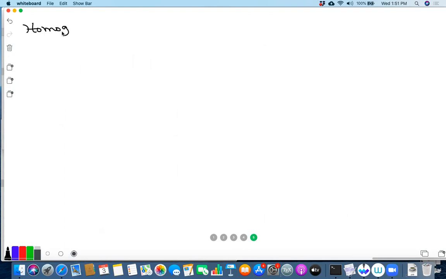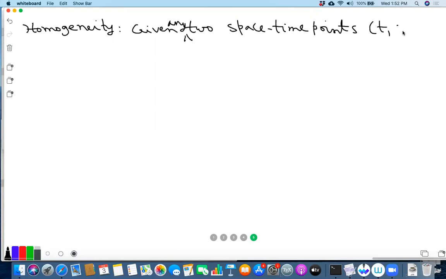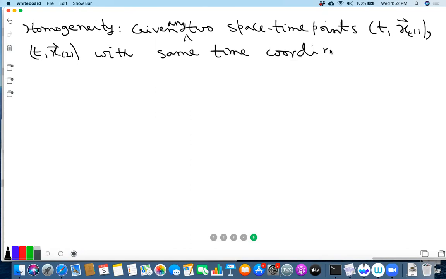So when you say that the universe is homogeneous, this means that given any two space-time points, we'll call t x1 and t x2, with same time coordinate,